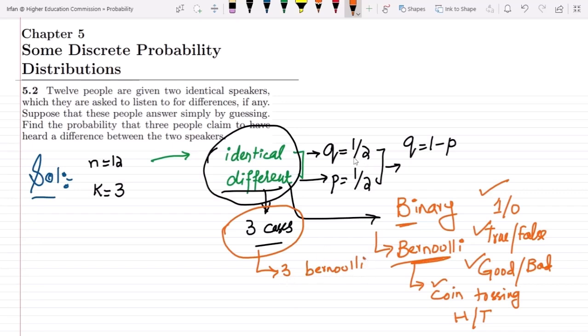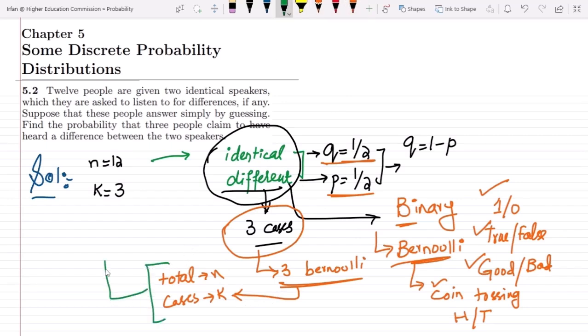Also we can see that we are given the chance of each trial here as well. So these types of trials in which the total trials n are given, and we have to see the cases k for which it is either true or false, either good or bad, or either different or identical. These types of trials basically move into the case of binomial